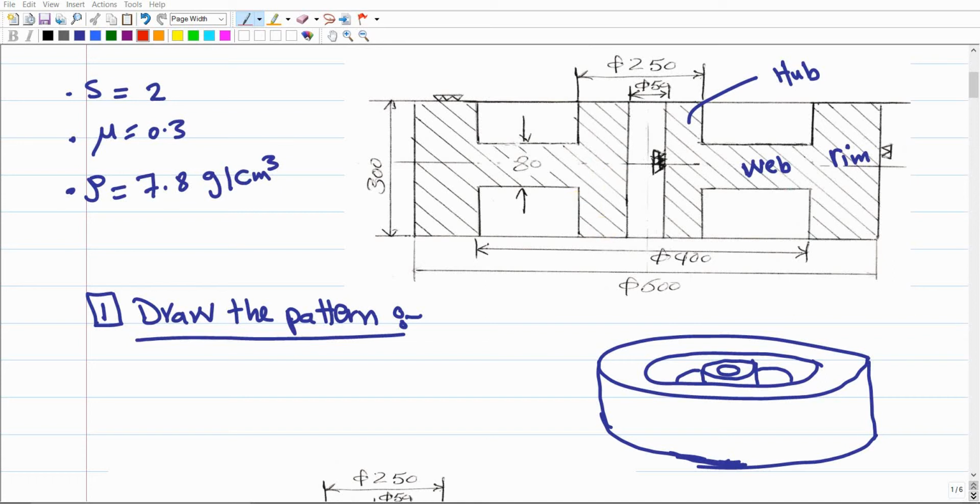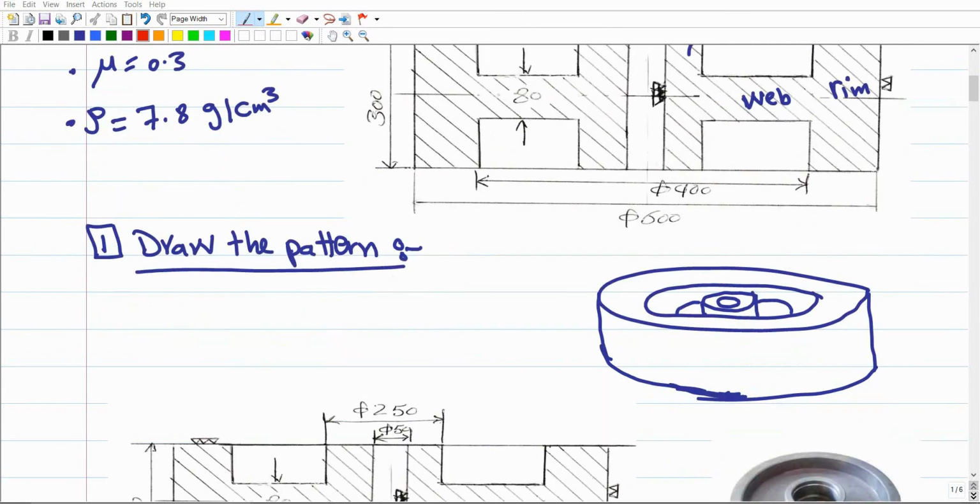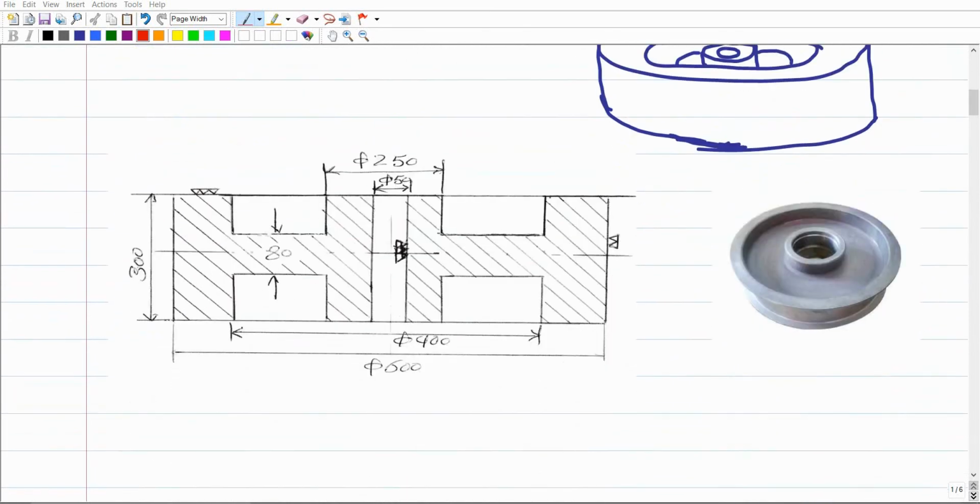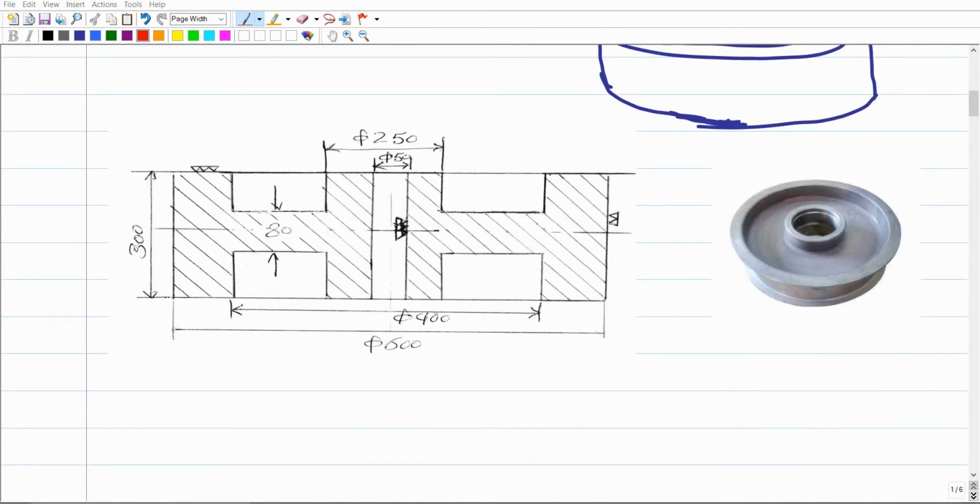It means that since we have an opening, the pattern should be blank without this opening, and instead we're just going to add core prints to support the core that should be applied here, which would be used for forming this hole by casting. Make sense? In addition there are some other differences related to the machining allowance, differences in dimension,